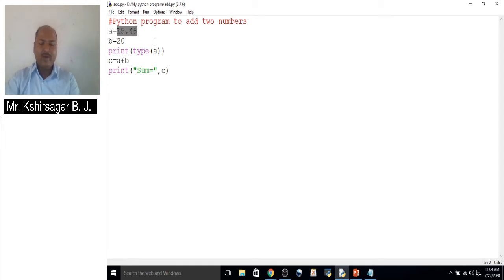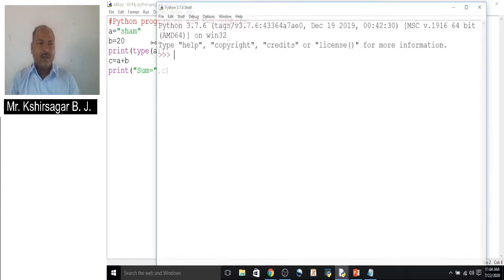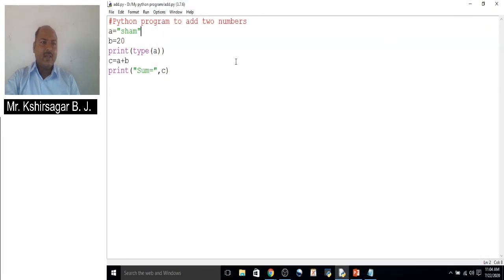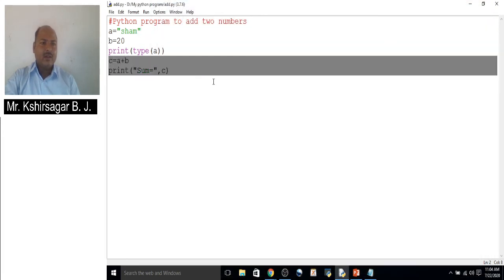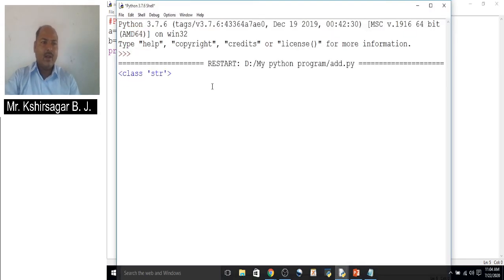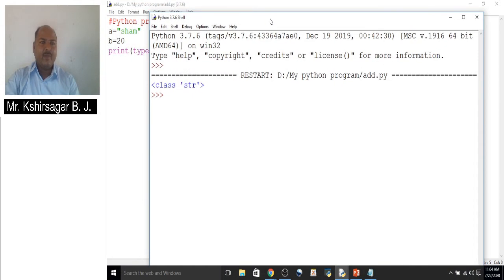Now if you store a value, suppose you declared a equal to Sham. Now what is the type of a? The type of a becomes str here. Means it is of type string. So a is of type string here. So in this way you can store the value of a variable and determine the type of that variable.